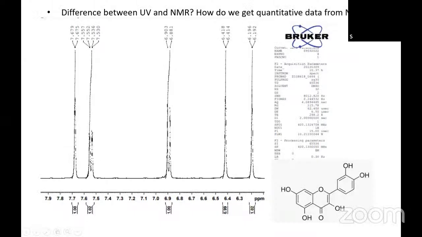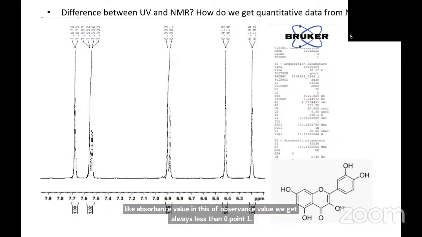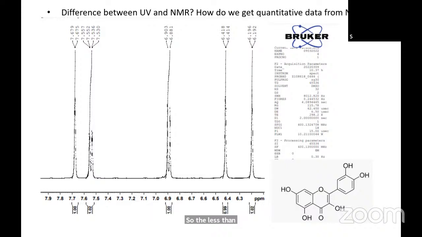This area under the curve represents, this is like the absorbance value. In the case of absorbance value, we always get less than 0.1, so less than 1, so that we can apply Beer-Lambert's law. It is usually agreed like that. So here also, the chemical shift value, whatever we are getting, the area under the curve at a particular chemical shift value,